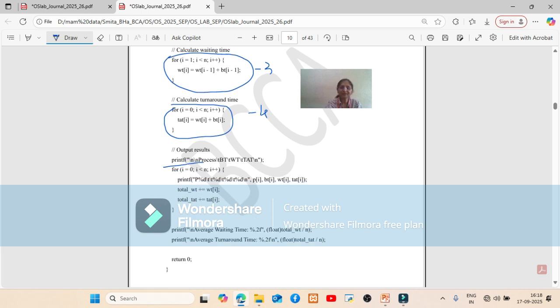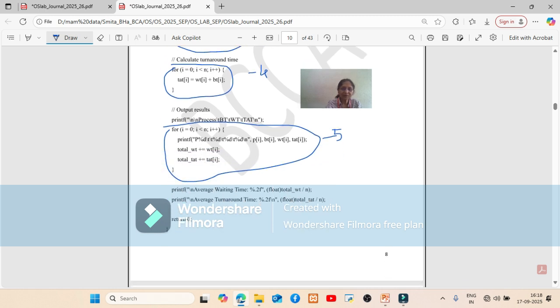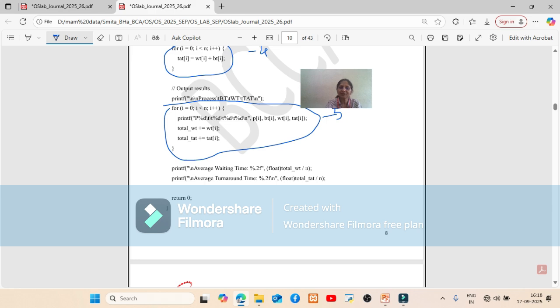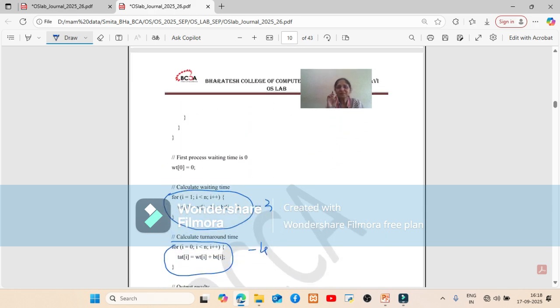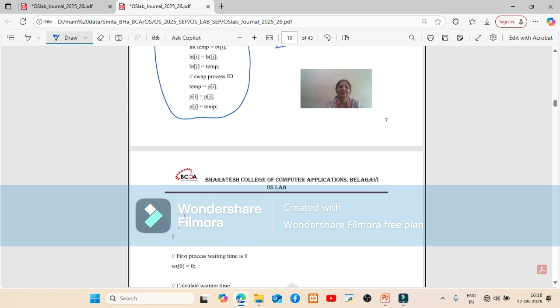Hopefully this is the last for loop of our program, and let's give it the number 5. Okay, is there any other for loop down? No, there is a return 0 statement, so that means our program is over here. So this SJF CPU scheduling algorithm program has 5 for loops.